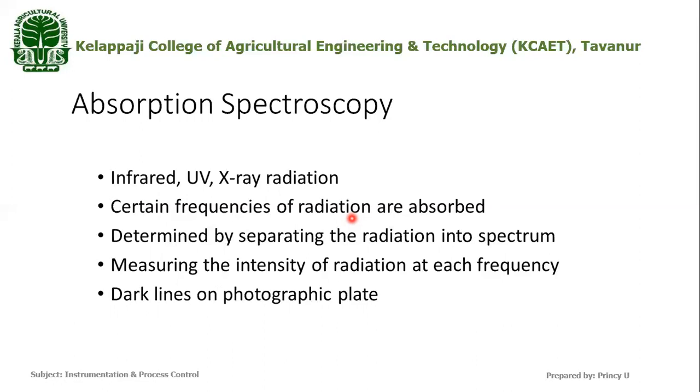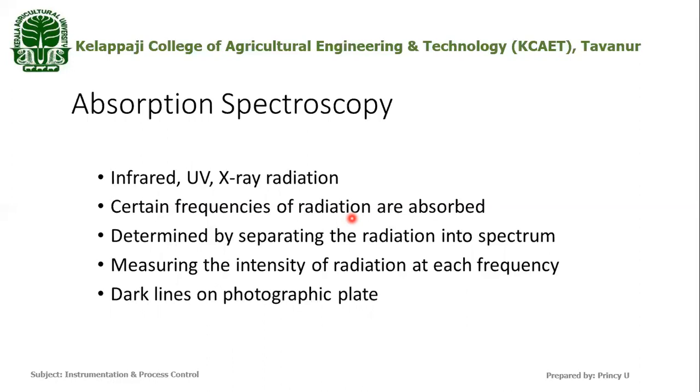And a certain frequency of radiations are absorbed by that composition. And this is determined by separating the radiation into spectrum by using some prism or mirror arrangement. By using prism arrangement, we split that radiation into a line spectra, which is recorded on a photographic plate, and that photographic plate will produce an image on it. The absorption lines indicate the absorption lines as the dark lines on a white background on a photographic